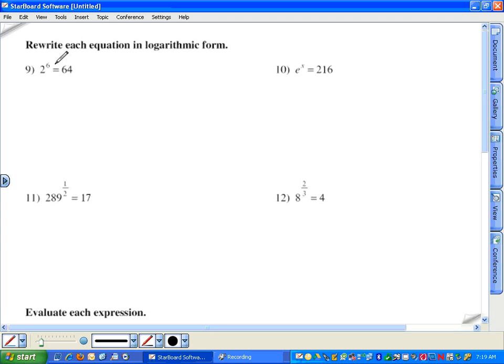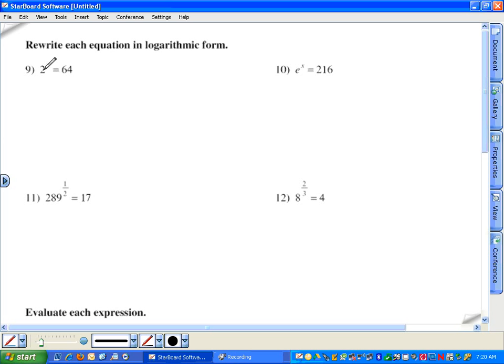For page 2, we're rewriting each in logarithmic form. Our logarithms have to have the same base as the exponential. This has a base of 2, so our logarithm has a base of 2. Log base 2 of 64 equals 6. Now if you forget, especially when you're going from exponential form into logarithmic form, which numbers go where,